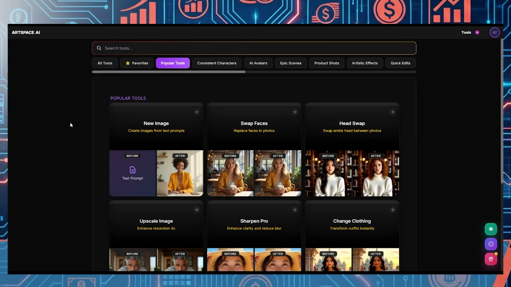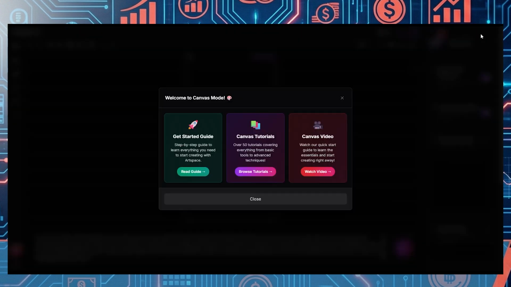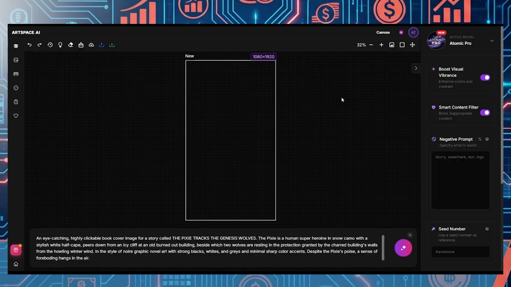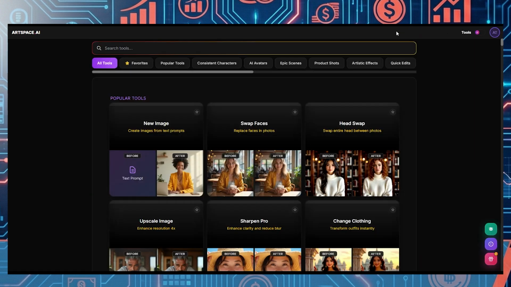ArtSpace has two main dashboards: Canvas mode, which isn't included in the starter plan, and the one-click tools page. This video will focus entirely on two of the most powerful and useful one-click tools in the entire suite: Face Swap and Head Swap. The ArtSpace team just added Head Swap recently, and it brings even more value to the